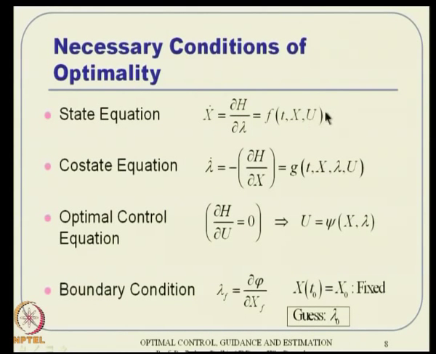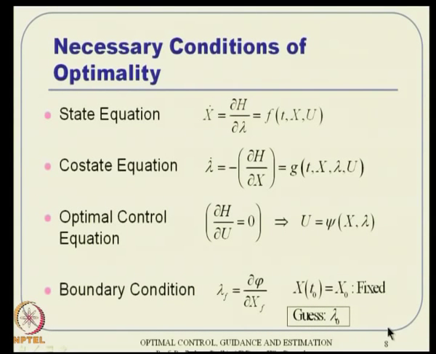However, control is a physical quantity. So, we can guess the control history from t0 to tf, maybe using some stabilizing controller, PID controller, or just some heuristic controller from the problem definition itself. Or even sometimes I do recommend using zero control. If the system is stable, then simply start with a zero guess history, and you can integrate the homogeneous equation, get xf and then go backward. That is also a possibility. But again, these are problem dependent. Once you start working on a problem, you will select a particular guess. But the point here is that guessing a lambda 0 is not trivial.